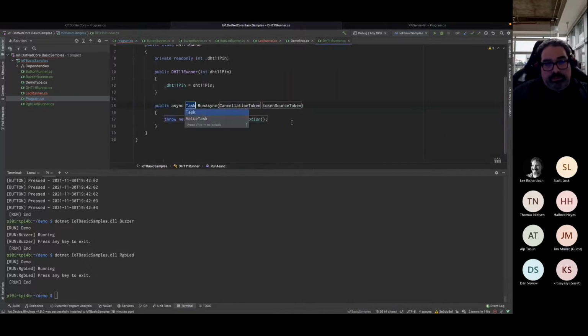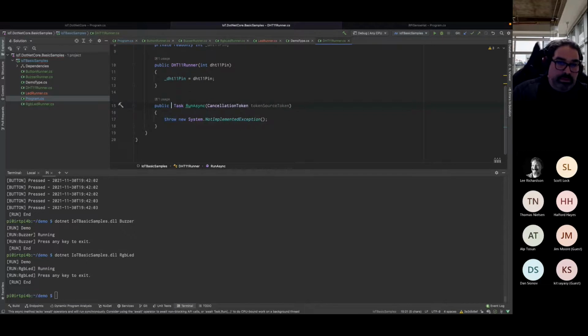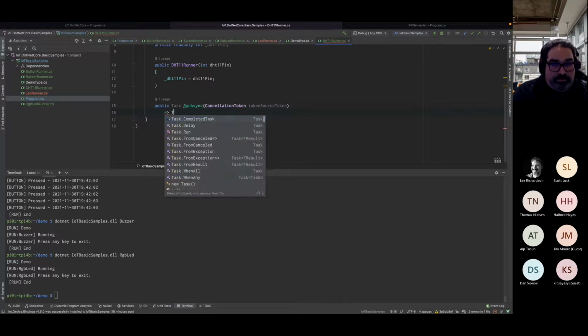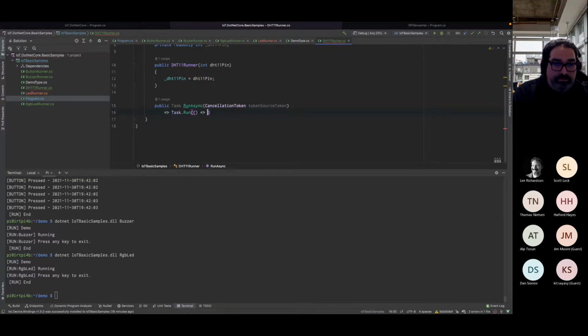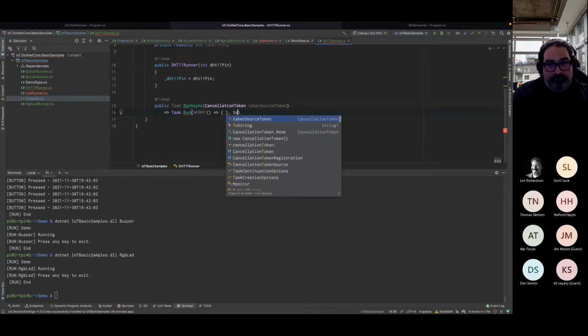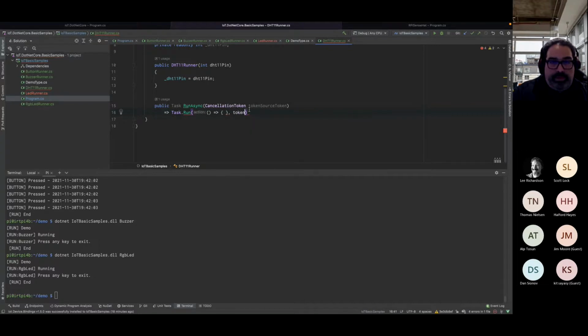Run async. And test.run. And pass the cancellation token.